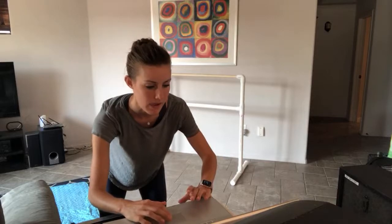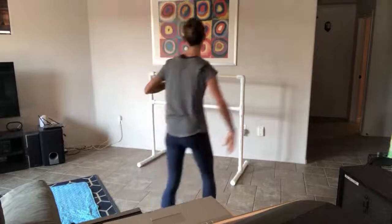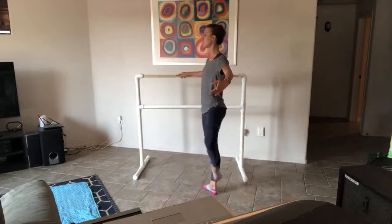Here we go. And 7, 8, and in, coupe change, to